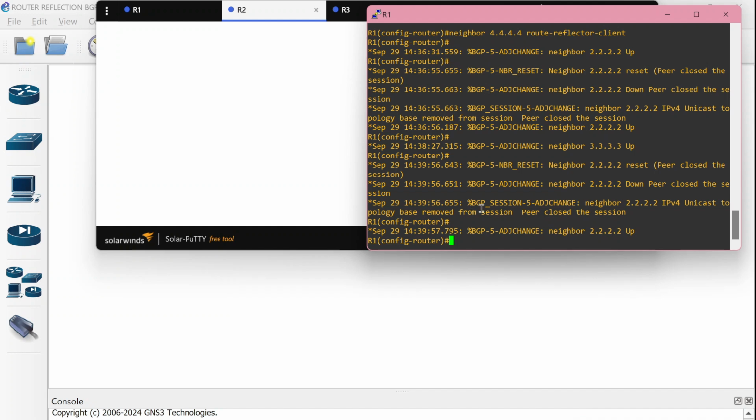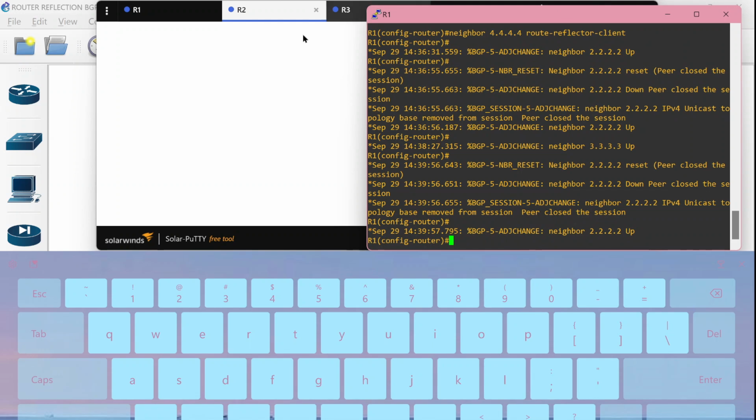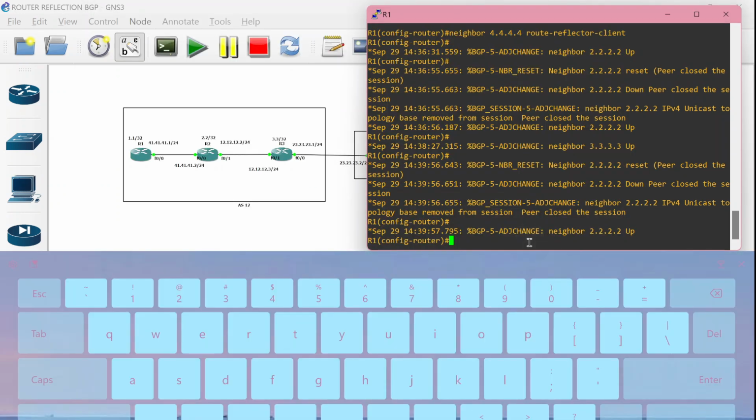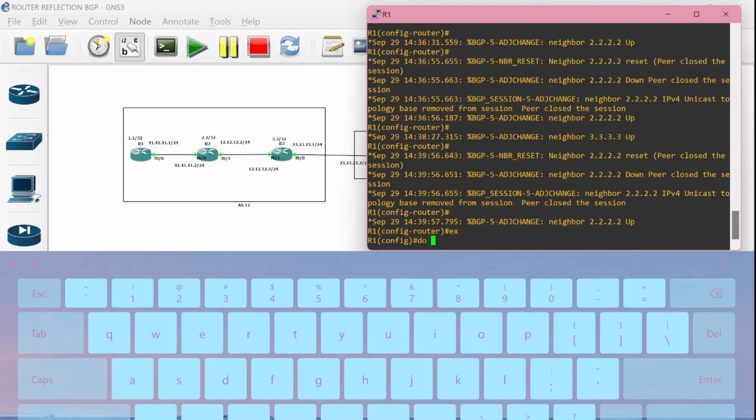Back to router number 1, and I want to check this. I wanted to check ping to the other routers. I made my mistake, so I'm sorry.